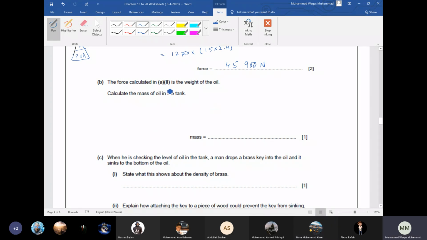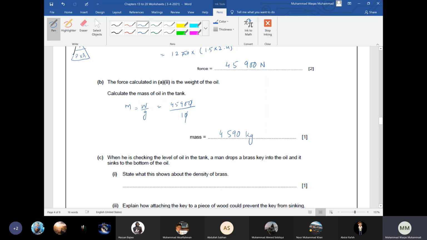Now the force calculated in A2 is the weight of the oil. Calculate the mass of the oil in the tank. Beta, how can we calculate mass from weight? Sir, mass is equal to weight divided by acceleration of free fall. So m is equal to W divided by g. 45,910 divided by 10, so it will be 4,590